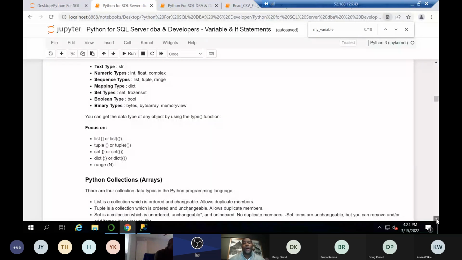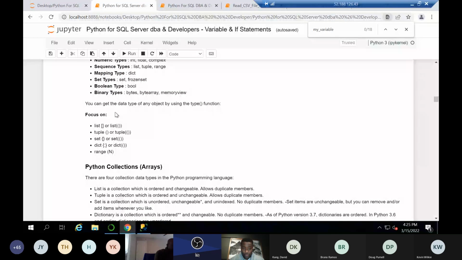So in our case, we need to focus on lists, because this presentation will be mainly focused on lists, tuple, set, dictionary, and range. If you can have a basic understanding of these 5 data types or types of functions, I guarantee you it's going to be almost impossible for you not to be able to do your work